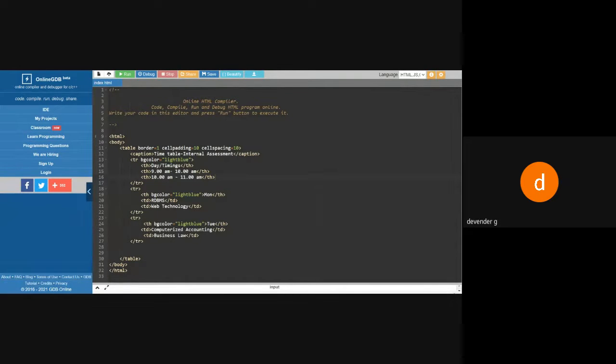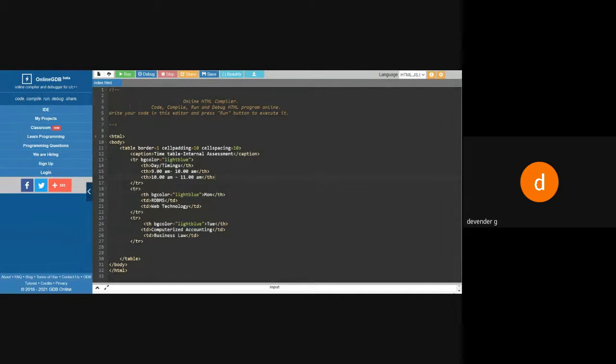In the table, what do we have? We have the caption, a tr tag, a th tag, and a td tag. Like this we have different tags for the table. So tr for table row, th for table heading, td for table data. Then we have the extra attributes called border, cell padding, cell spacing, row span, column span.